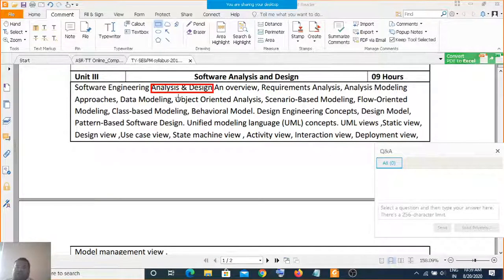Now we'll come back to our course, that is analysis and design. When we go for analysis and design, what exactly happens? We analyze something and we design something.